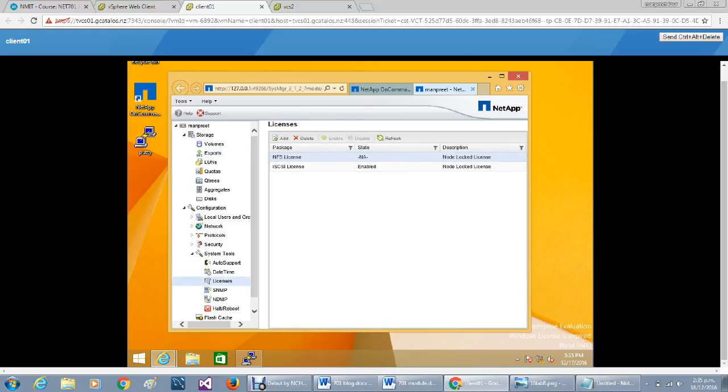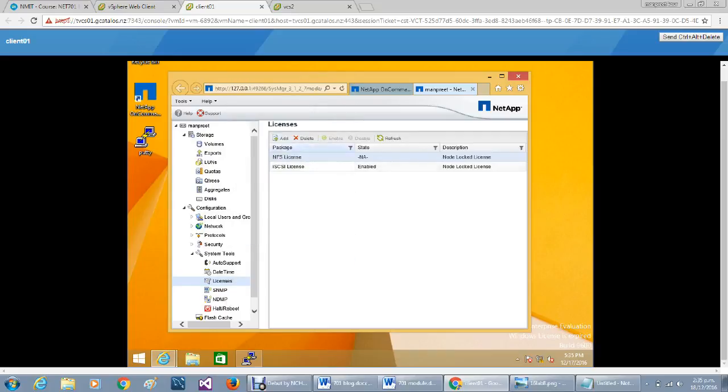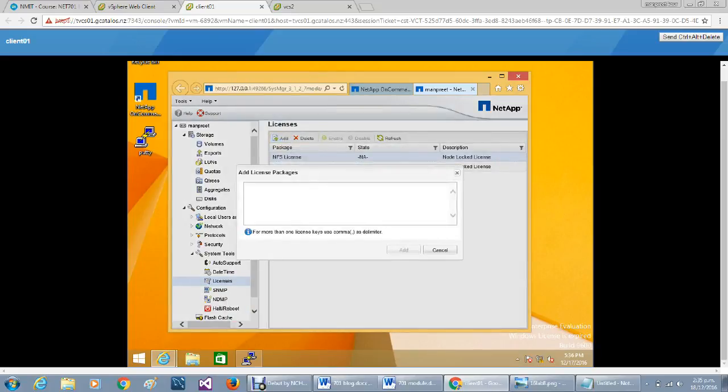Here you can see that I have already added my license. To add any license, we just click on Add and then fill in the license key. Make sure that we fill in the right key and then click on Add.